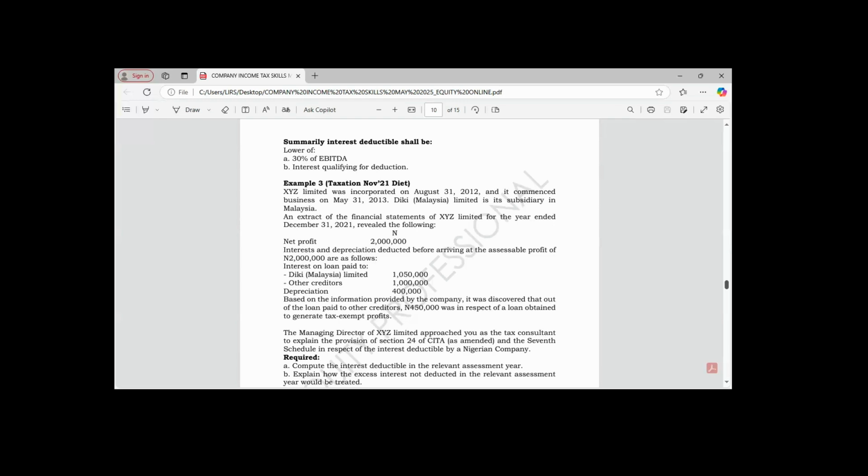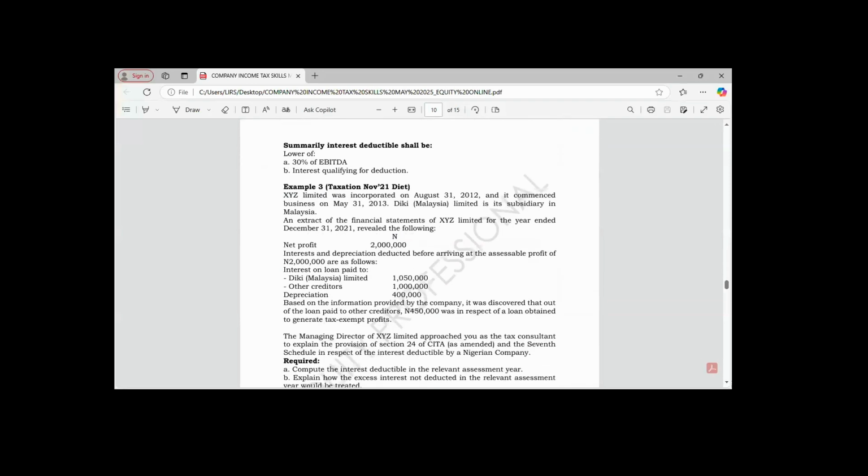Any question? In the absence of any question, we are going to look at this illustration to illustrate that principle of